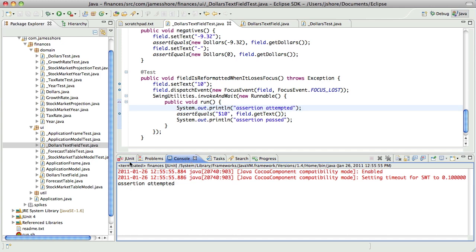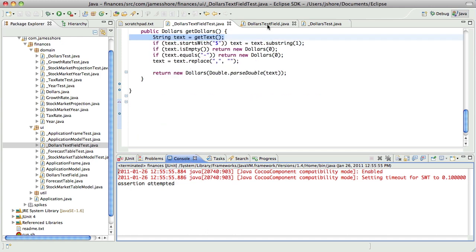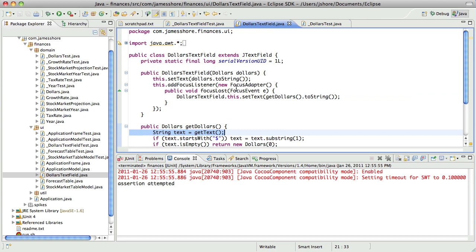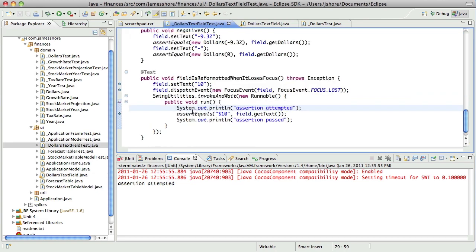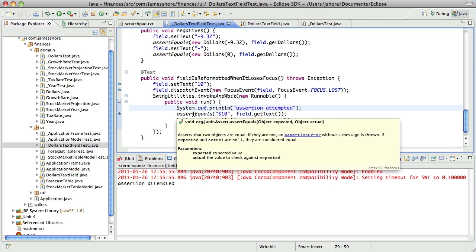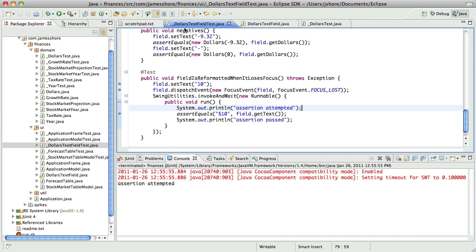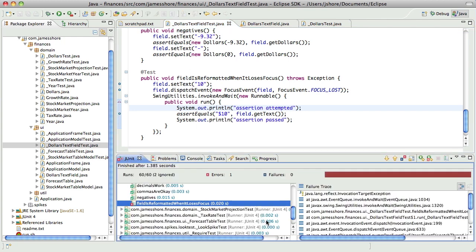The assertion is attempted. It apparently fails, because these assertions, as far as I know, throw an exception when they fail. And then we get this invocation target exception. Invocation target exception. That must be because this is throwing an exception.